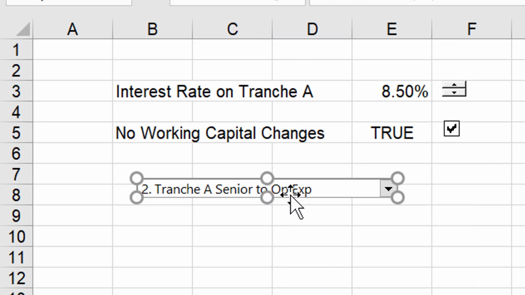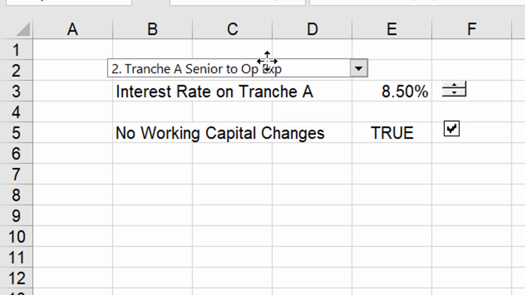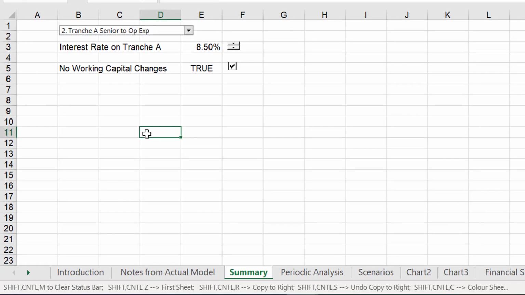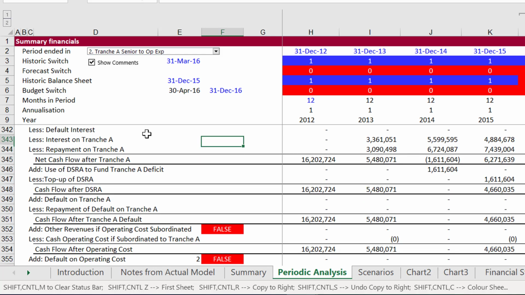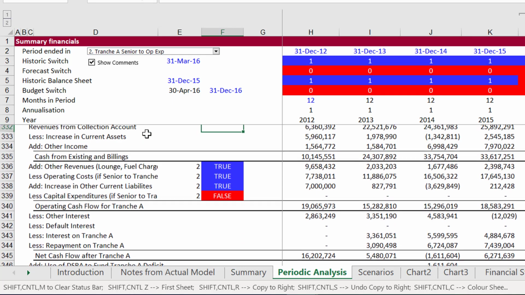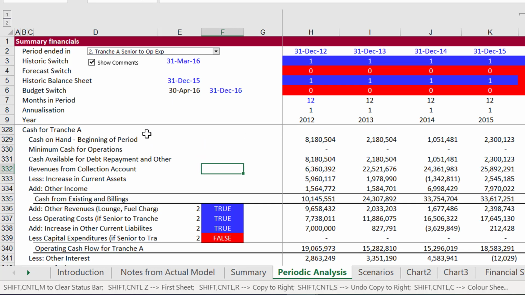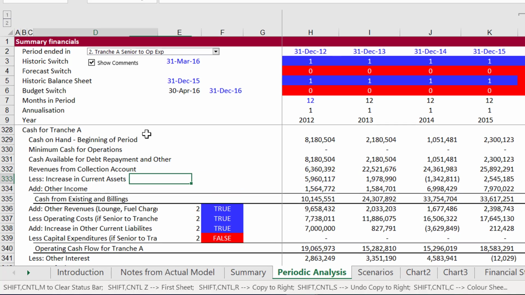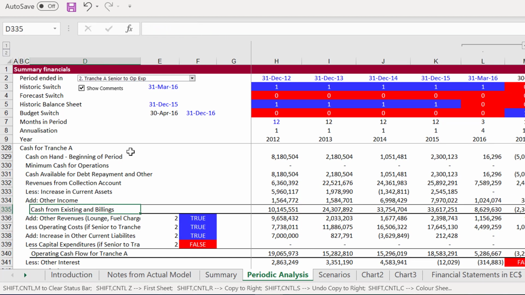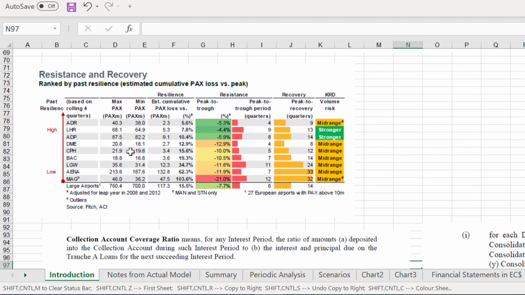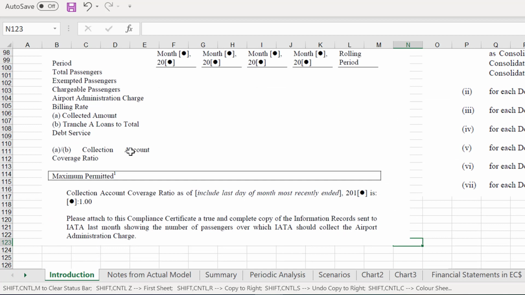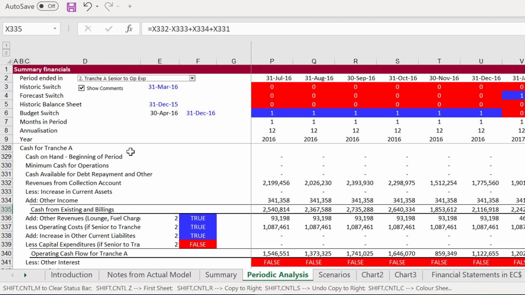Okay, and we'll leave this in the scenario page. Now, obviously, what I'm doing is I'm kind of finishing this model as we're going through this. Now, the big thing here is you can say, okay, we'll put all the revenues we get, and this is the amount of cash from all the revenues. Okay, and that's consistent with our little budget, our little collection account thing here.